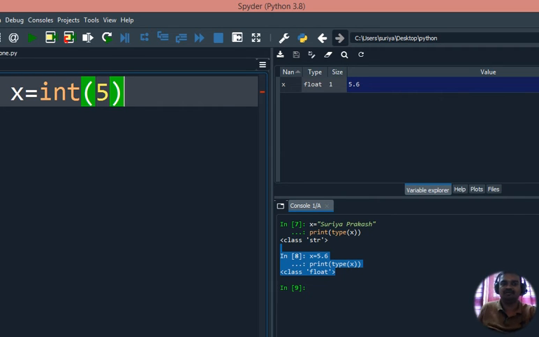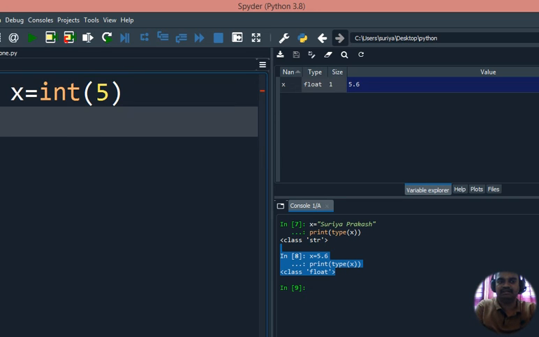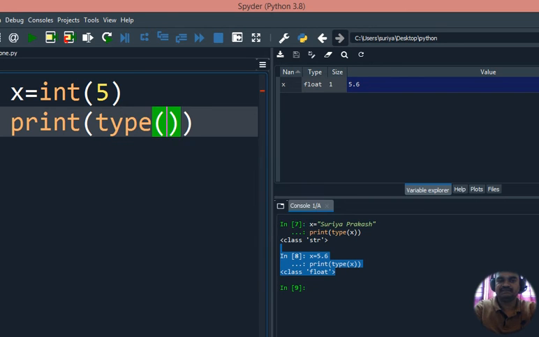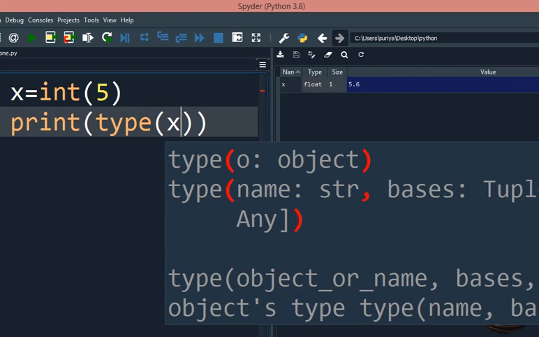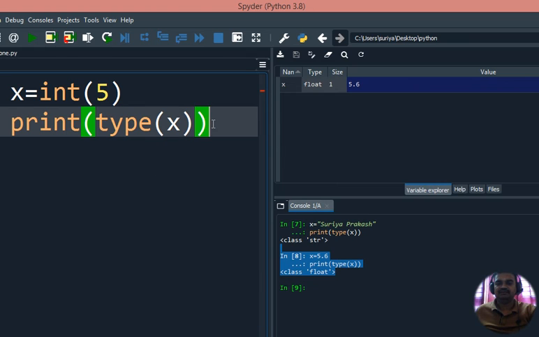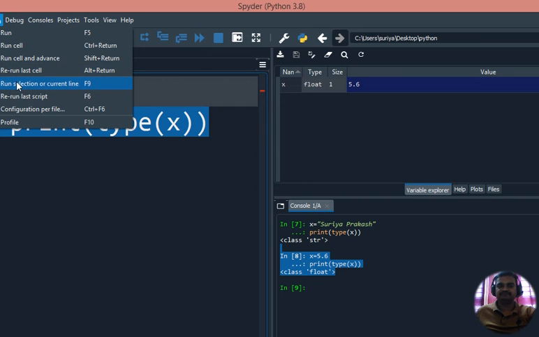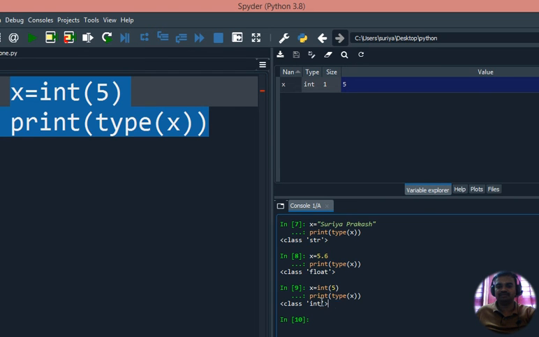When I give int of 5, in the next line I can give print, type of x, because I want to check the type of x. So that we can see the particular data type for that x. Here you can see the output.